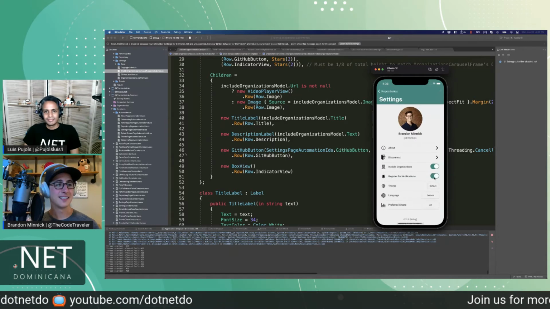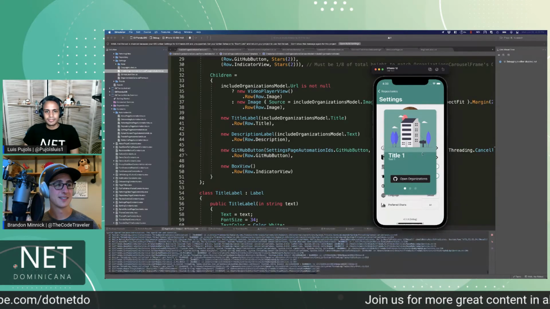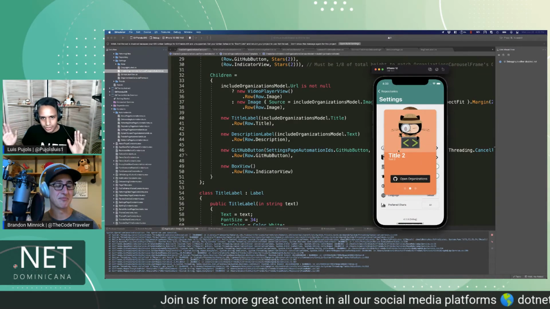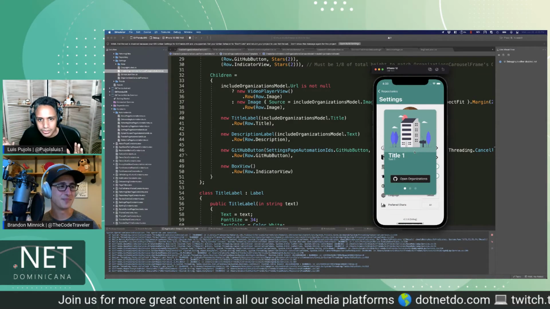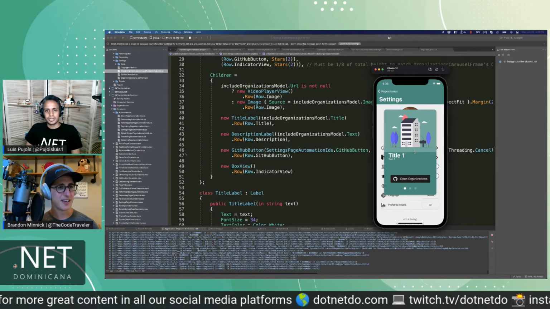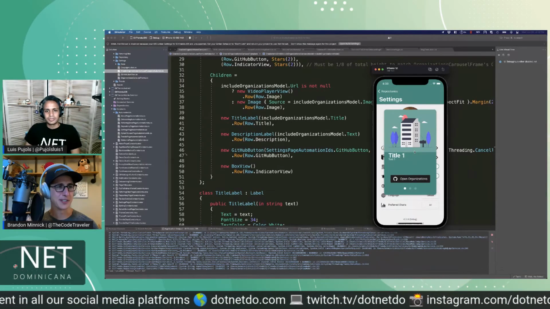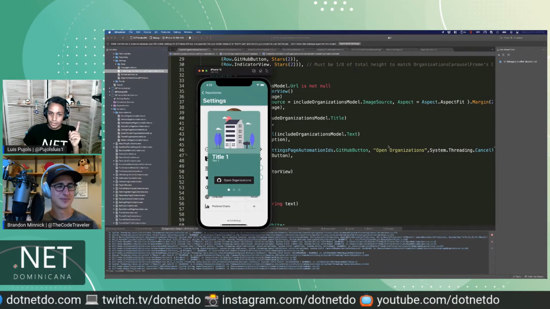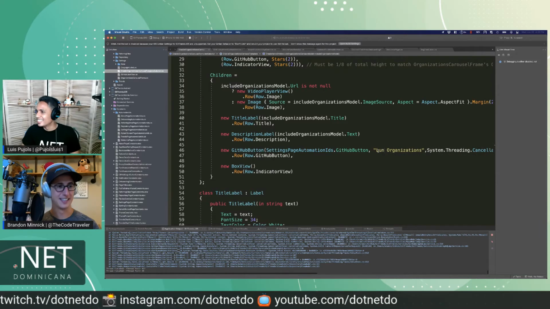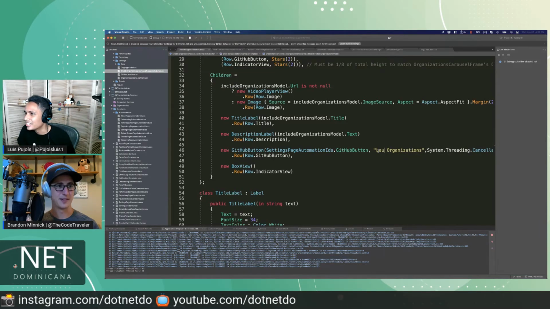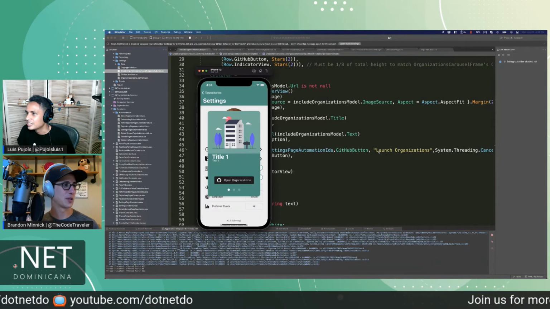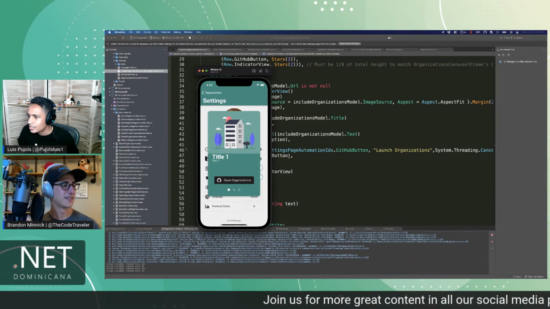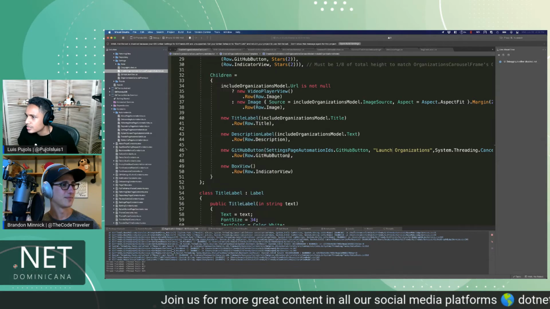All right, let's see how it looks. Oh, yeah, look at that. Nice. That works. I even like the size of it. Same. Nice. Although "open organizations," I don't know if I love that. I did not write that in our mockups. I don't think you did, no. Let me go back to GitTrends. Maybe I'll confirm right now. Launch organizations. No, because we're not launching. I think it was. Oh,